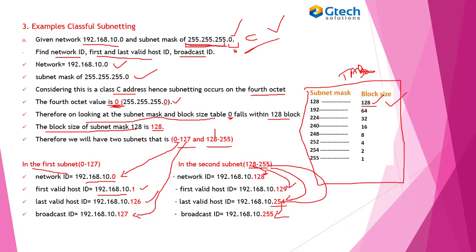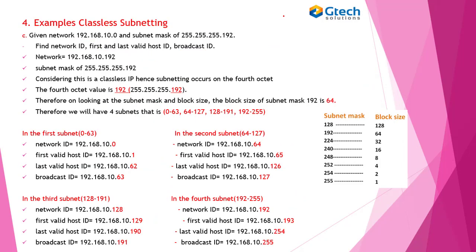Let's see another problem so that you can solve it and understand more about it. Classless subnetting. Given a network of this one and a subnet mask of this one, we have to find the network ID, first and last valid host ID, and broadcast ID. This is a class C IP address, but this subnet mask tells us that it can be a classless IP address, because